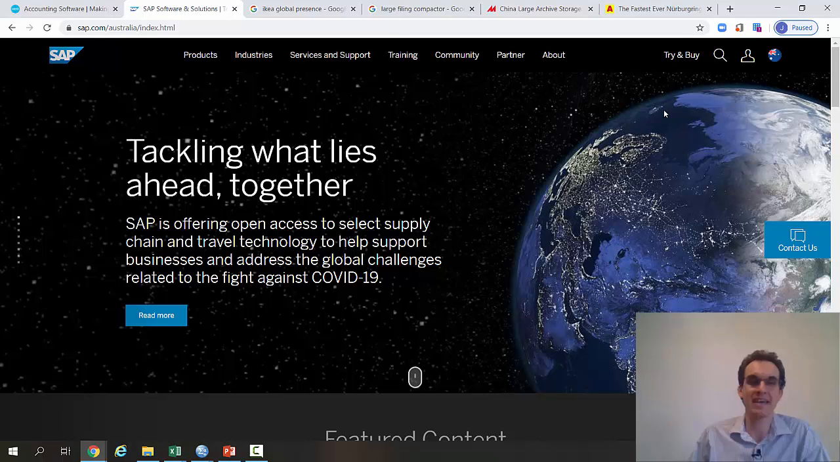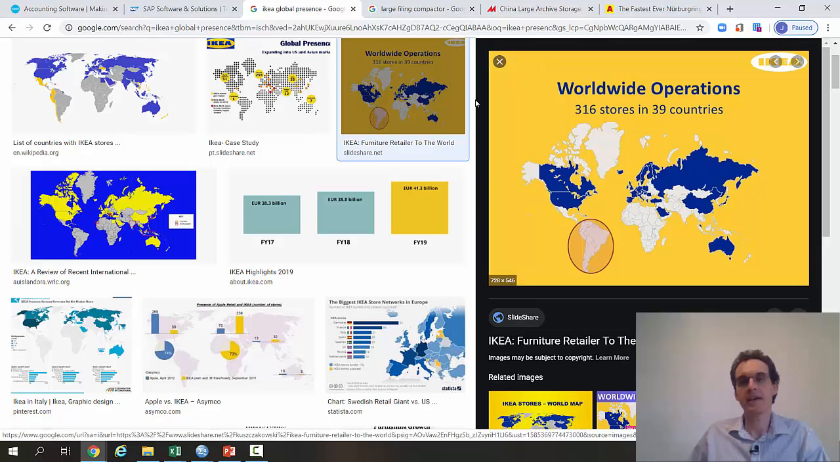Larger businesses, some of them use software that's produced by SAP. SAP is a global information systems provider. So generally companies that have a global presence use SAP in some way. So if we look at IKEA, at least when this image was produced, had 316 stores in 39 countries around the world. So extremely large, with a very integrated supply chain where they are producing products in different countries around the world,